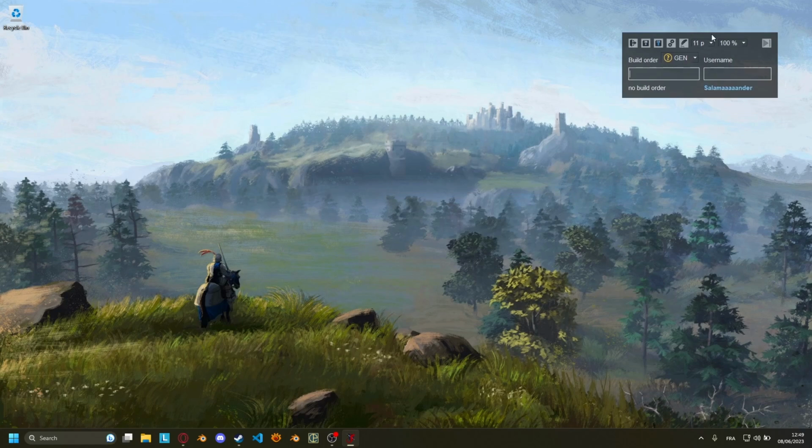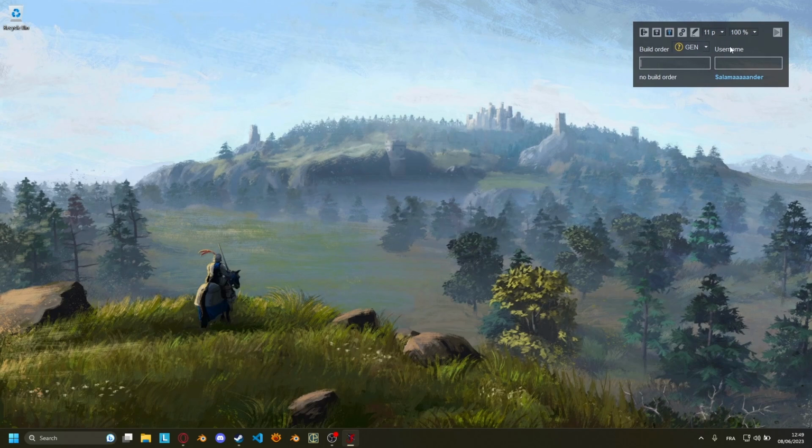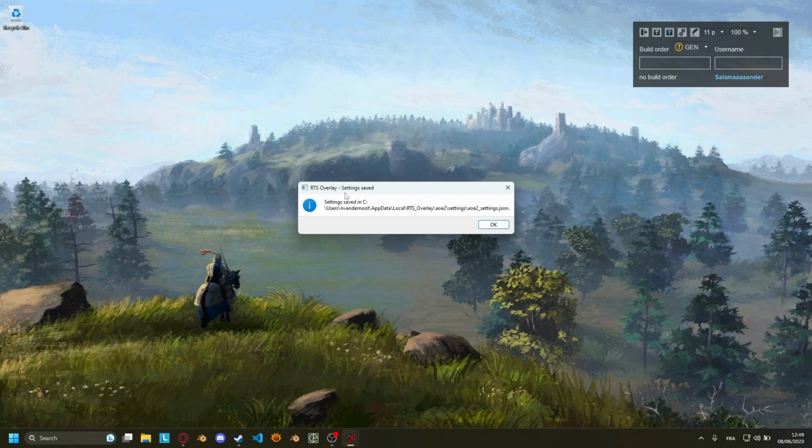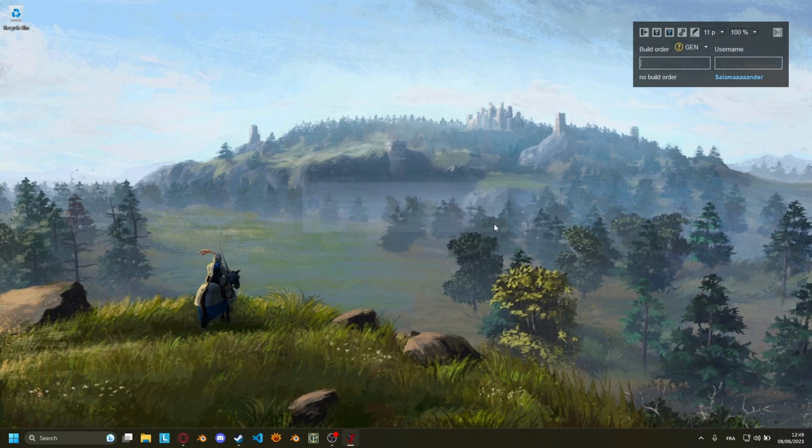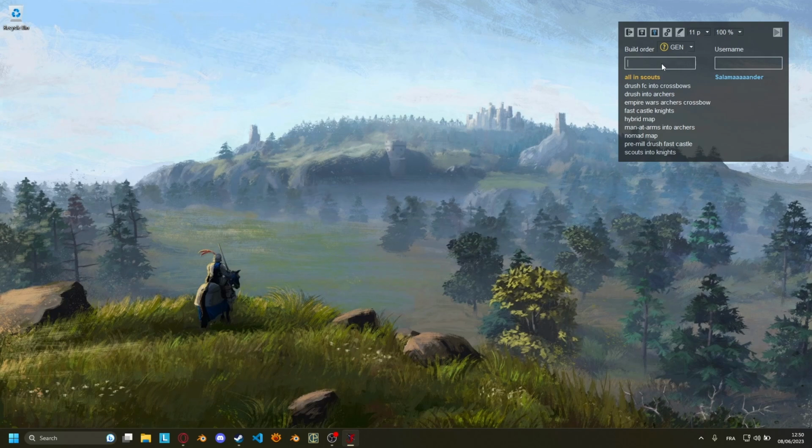Let's go here and move the overlay. Yeah, here it's perfect. And once you're happy, you can just save it. You will see it's saved in this file, and we have it. So now how to use it to display the build orders. In fact, here you can write whatever you want. If you just put a space, it will list up to 10 build orders that you can find here,